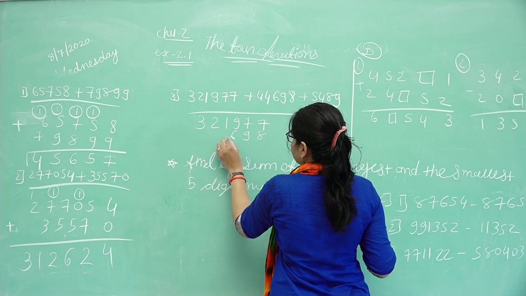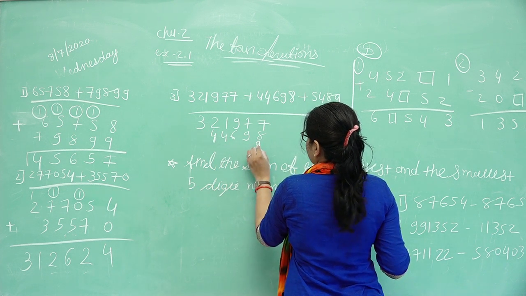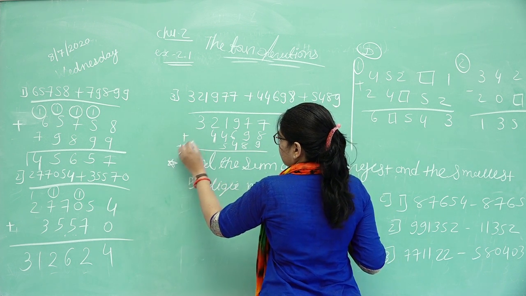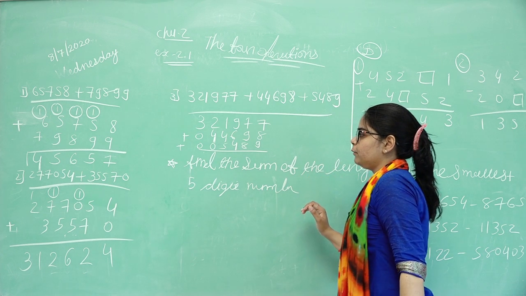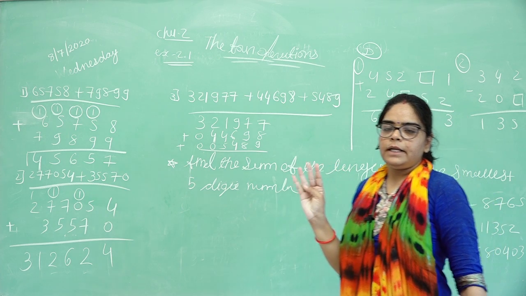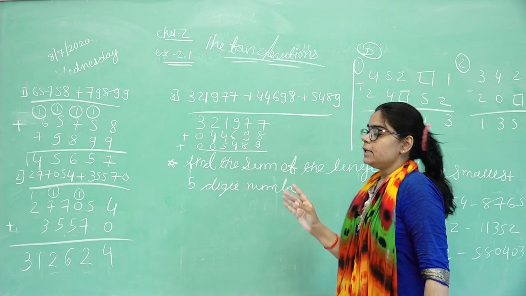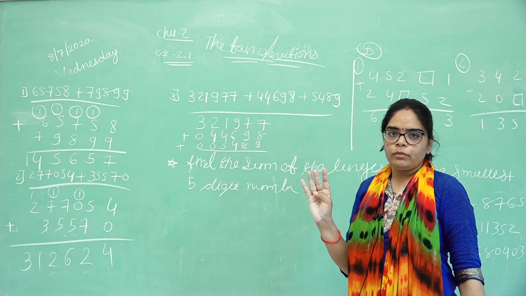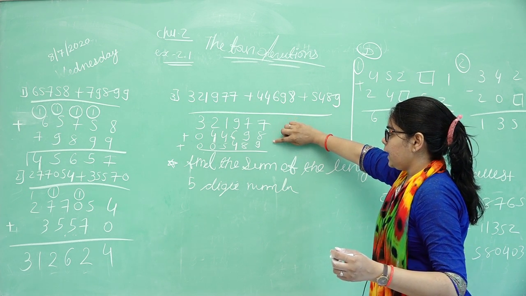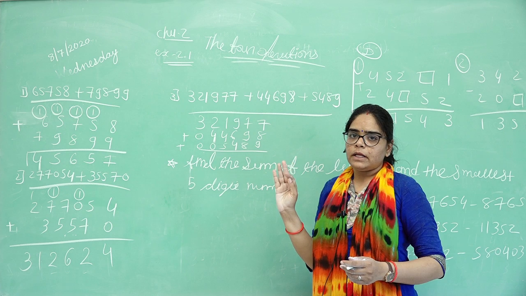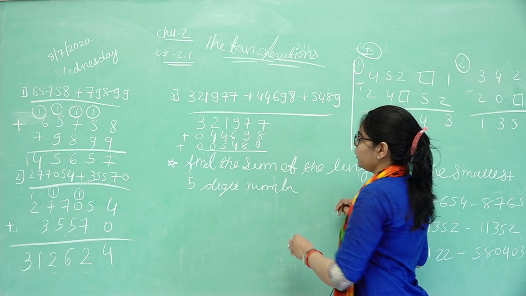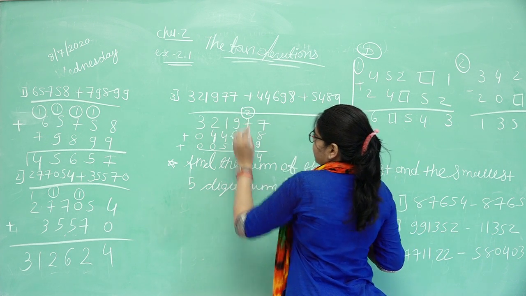8, 9, 6, 4 and 4, 9, 8, 4 and 5. Okay, here where the number is not given, put zeros on that side. 7 plus 8 plus 9, 7, 8, 9, 10, 11, 12, 13, 14 and 15, 16, 17, 18, 19, 20, 21, 22, 23 and 24. Sorry, counting again: 7, 8, 9, 10, 11, 12, 13, 14, 15, 16, 17, 18, 19, 20, 21, 22, 23 and 24. So 4 here, 2 carry over.